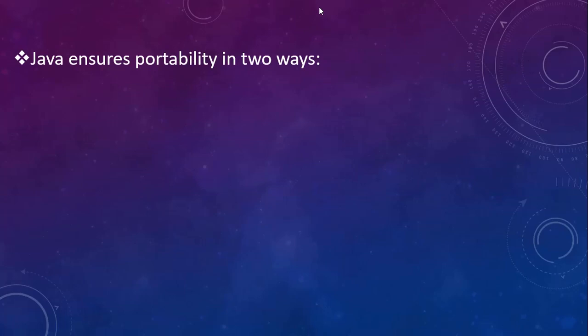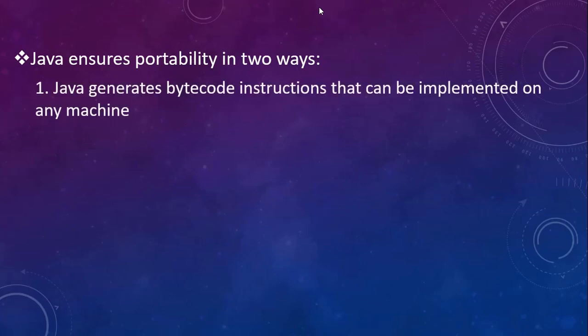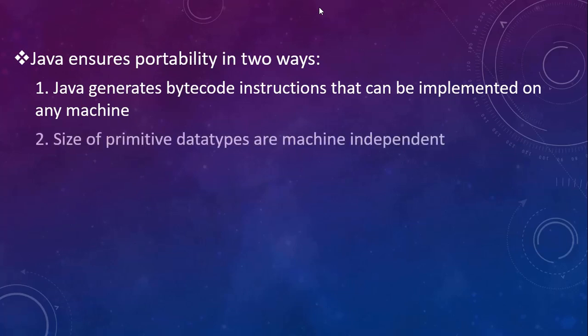Java ensures portability in two ways. One, Java generates bytecode instructions that can be implemented on any machine. I have just told you, the bytecode instructions which are compiled by the javac compiler are platform neutral. So that is one way how portability is ensured. And second, the sizes of primitive data types are machine